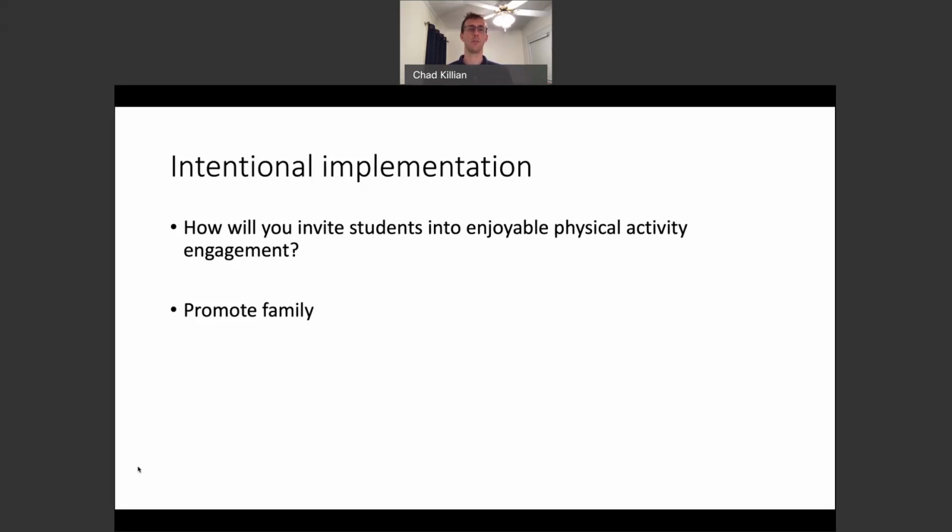So I also think that we can implement some content that promotes these things beyond physical activity. But a lot of relationships are built in physical activity too, so we can really promote some of these alternative objectives or implicit contents, depending on how intentional we are about our instruction.